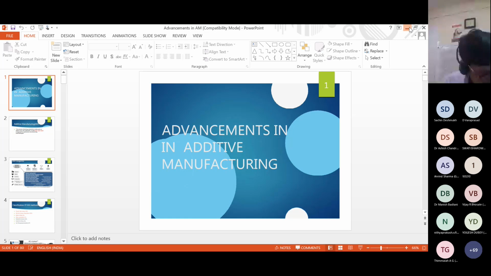So this is really a very important application and used by the number of companies which are producing the orthopedic related components, organs. So this is very useful.